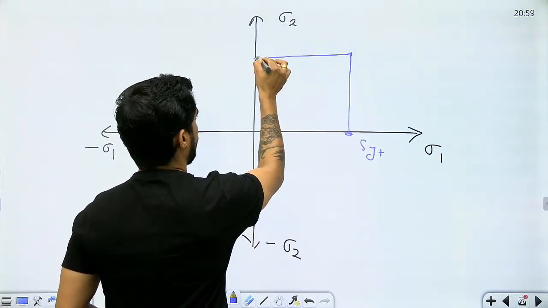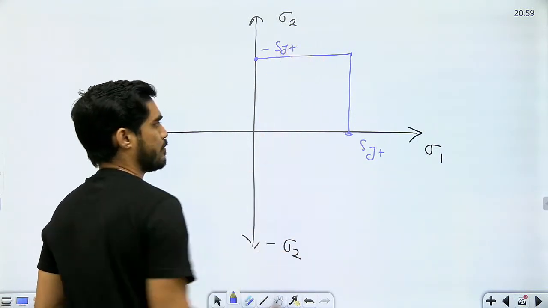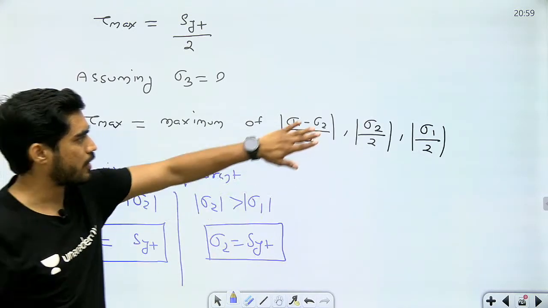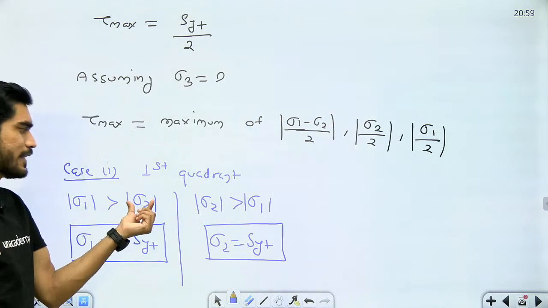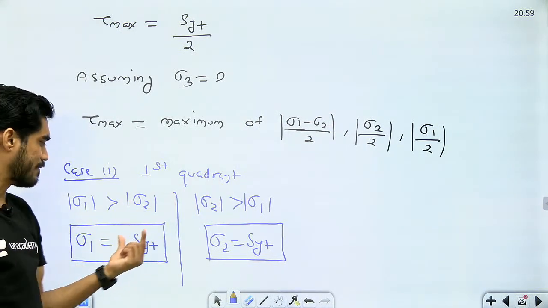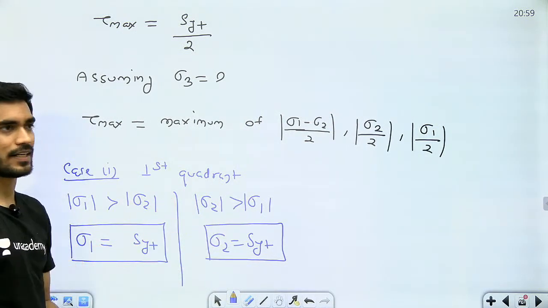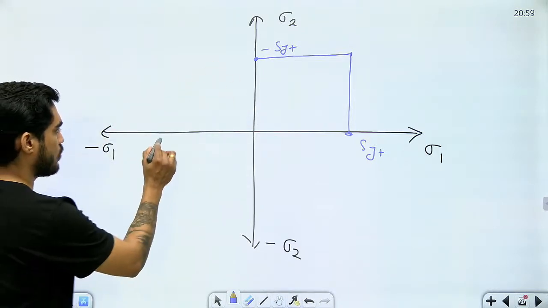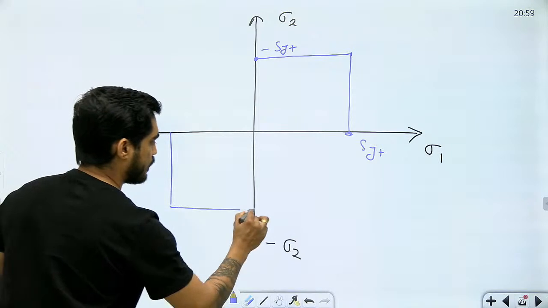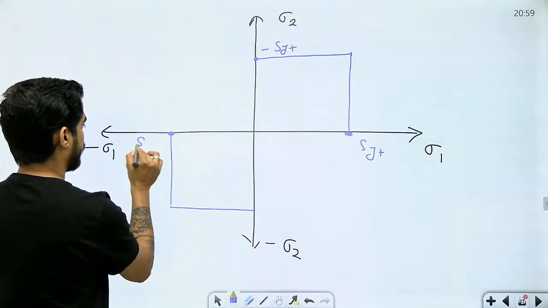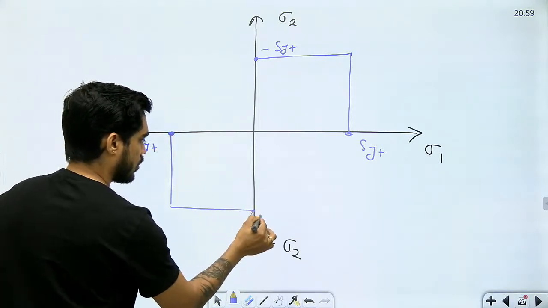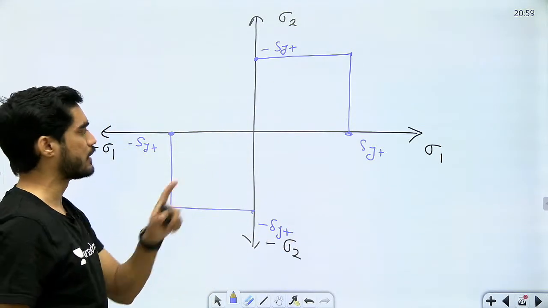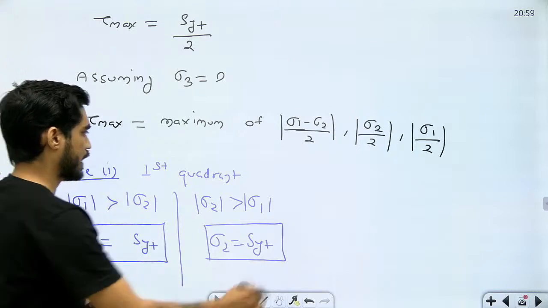जस्ट लाइक मैक्सिमम नॉर्मल स्ट्रेस थ्योरी, मैक्सिमम नॉर्मल स्ट्रेस थ्योरी वाला ही रिलेशन मिलेगा यहां पे. मैक्सिमम नॉर्मल स्ट्रेस थ्योरी में भी या तो सिग्मा 1 बड़ा होता था सिग्मा 2 से, या तो सिग्मा 2 बड़ा होता था सिग्मा 1 से. सो वी गेट दिस रिलेशन एंड दिस रिलेशन. तो बेटा वही दो लाइन यहां भी मिल रही है. इन थर्ड क्वाड्रेंट ऑल्सो आई एम गोइंग टू गेट द सेम थिंग बट माइनस syt, है ना. Because here both are negative, here both are positive, here both are negative. Okay, now beta